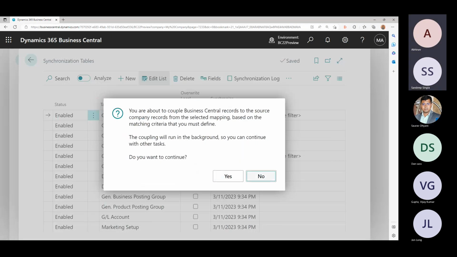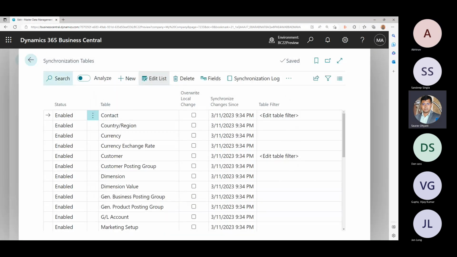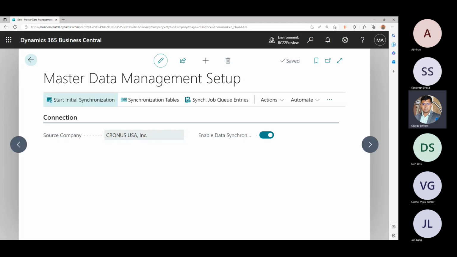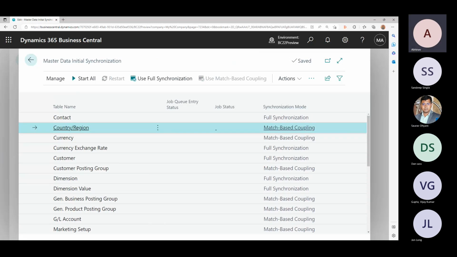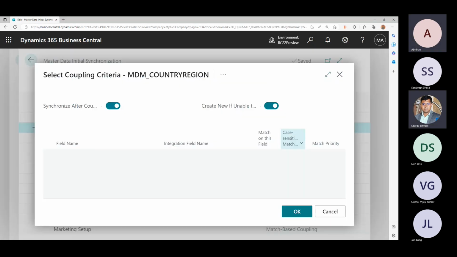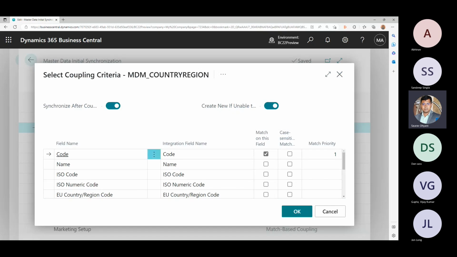I want to see where I set this, the coupling. I want to see the coupling, start initial synchronization. It doesn't start it, it just shows you a page here. Okay, here is the coupling or synchronization mode that you see. So there are two. One is full synchronization and one is match based coupling. When you click on match based coupling, it shows you the coupling that has been done, that the code field on the country region